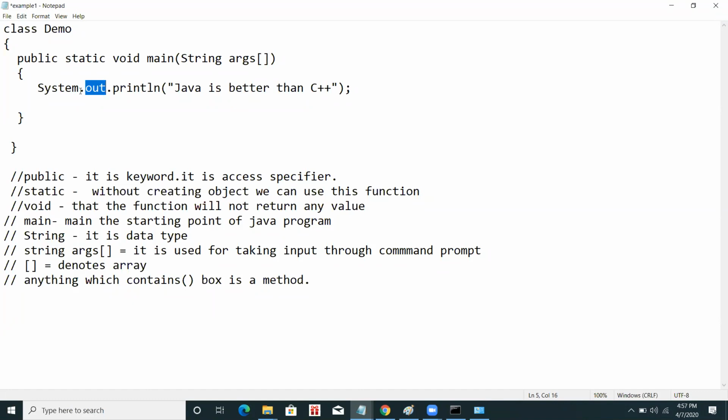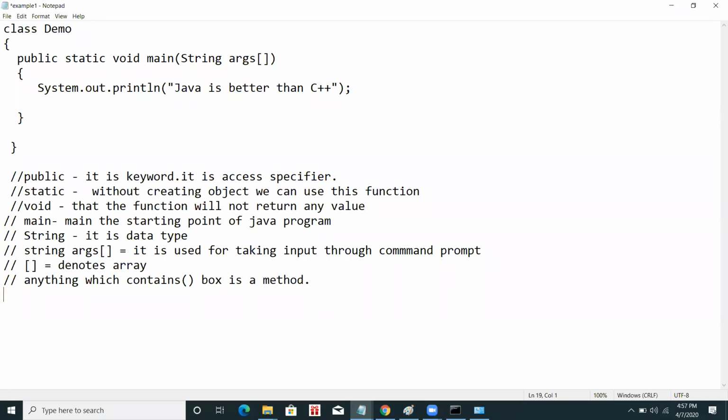Dot println means we are accessing that println method. And what is System? System is the class. Println is the method defined in the System class, which can be accessed by out, and out is the object. So this is the basic thing about the programs.